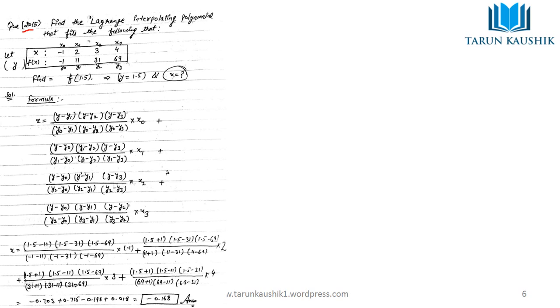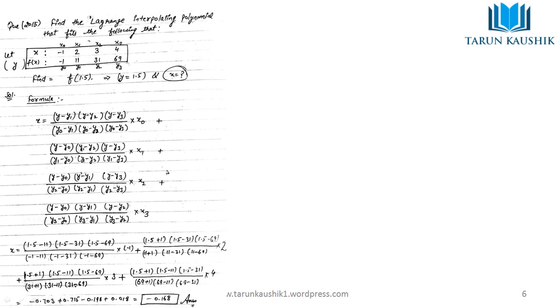This question was asked in the mains 2015 for 15 marks or 10 marks, I think 15 or 10, I don't remember, I think 10 marks. For 10 marks this question was asked, a very simple question. So you just remember this formula. I have taken x naught, x1, x2, x3, and these are y naught, y1, y2, y3, which are not given in the question.